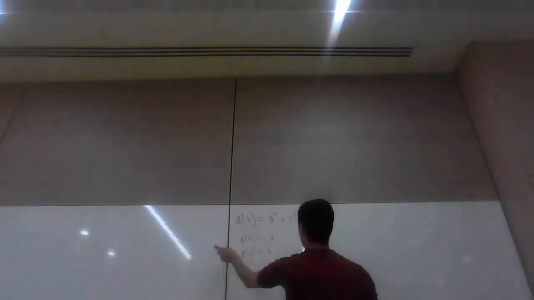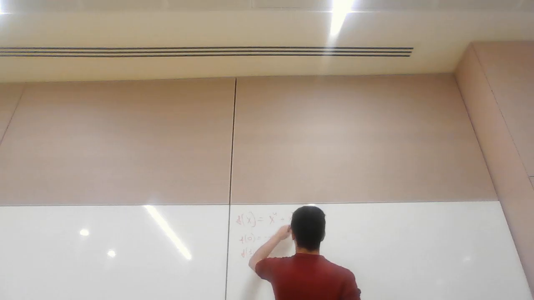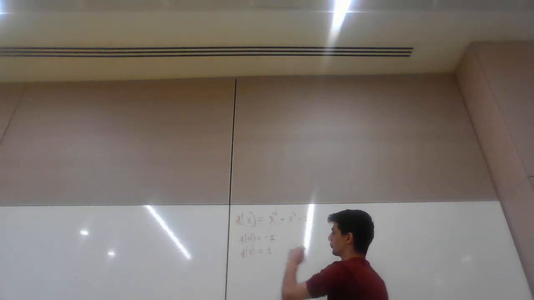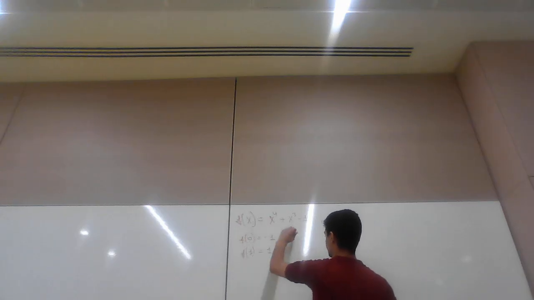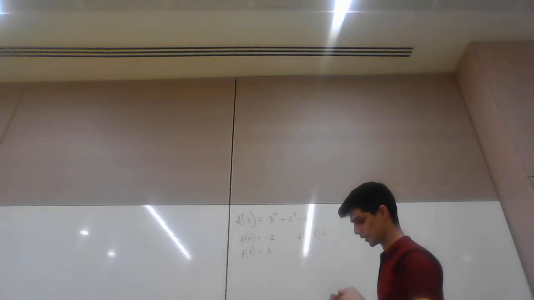But we can try to approximately find this zero. For example, it is minus 1, right? Then we can increase this value a little. For example, f(0.5) will be equal to